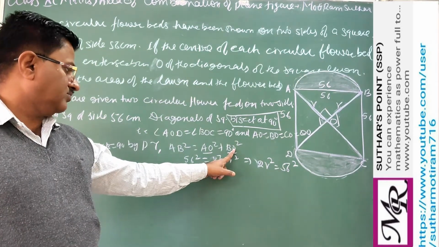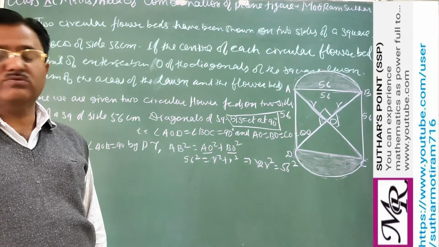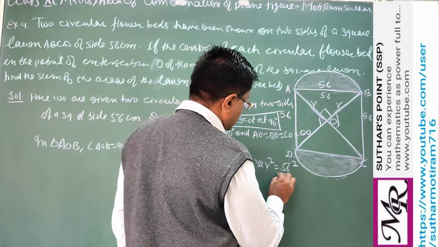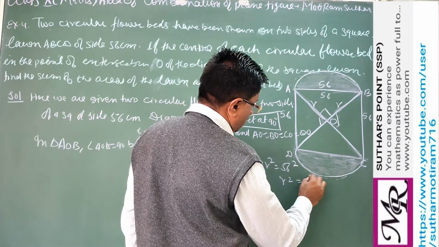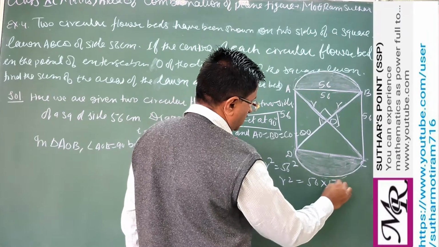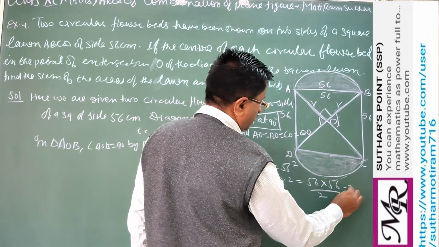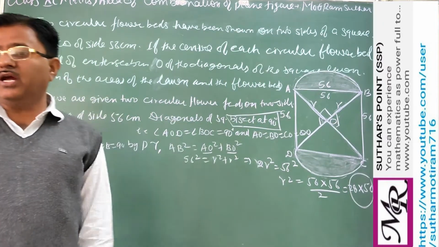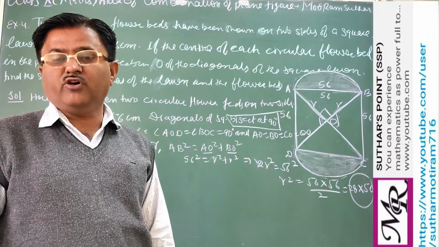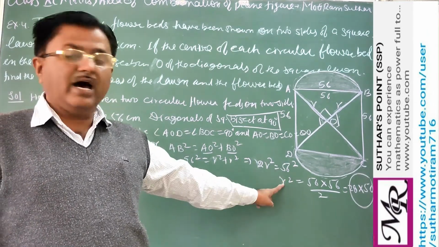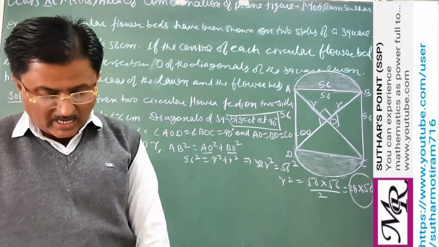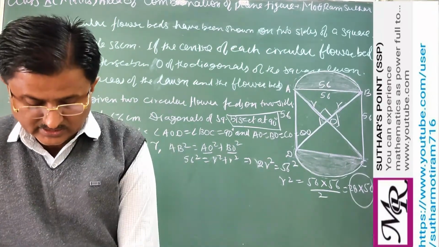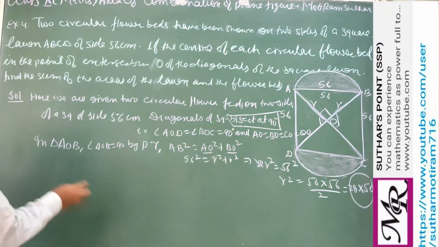R square plus R square, that is 2R square, which is equal to 56. So from this we can say R square equals 56 into 56 upon 2, that is 28 into 56. So dear student, we get the radius square because in the formula we need R square. So what is the value of R square? That is 28 into 56. Now the total required area,